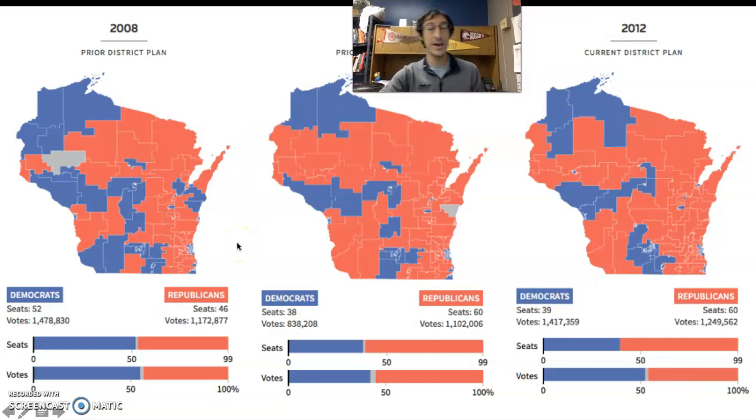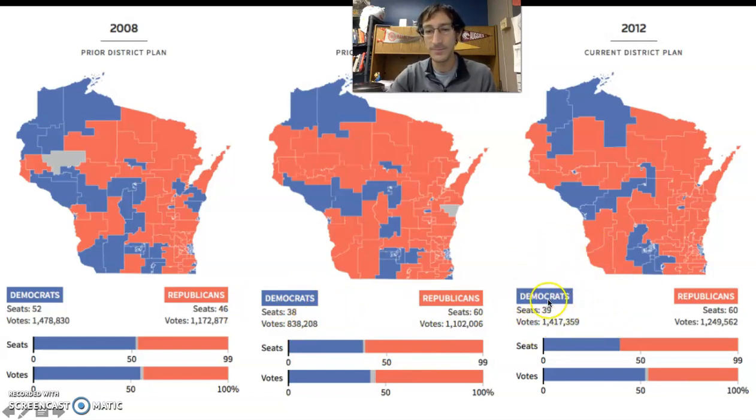Okay, so in 2008, this is the year of Barack Obama's first presidential election and his win. Democrats got about 1.5 million votes, Republicans less than 1.2 million, so they're short by a couple hundred thousand votes there. All right, and this is the state congressional districts. In 2010, Republicans won more seats, and they had more votes. But in 2012,